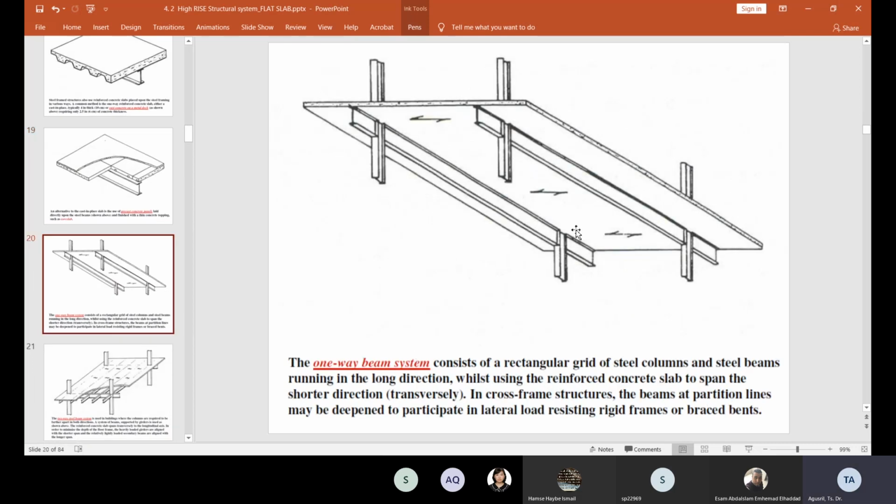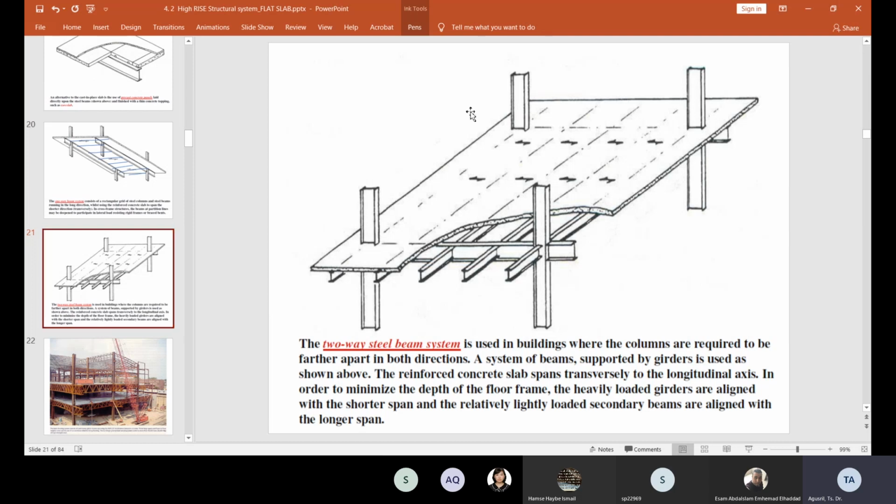And then this is the one-way beam system. Okay, this has the steel, and this is the flat slab for one way. Of course, because this is one way, we need to provide the reinforcement bar along this direction only. So this is all the rebar inside the slab. And this is the cut section. You can see the main beam and the secondary beam, and because of the presence of this secondary beam, the slab becomes a one-way slab only.